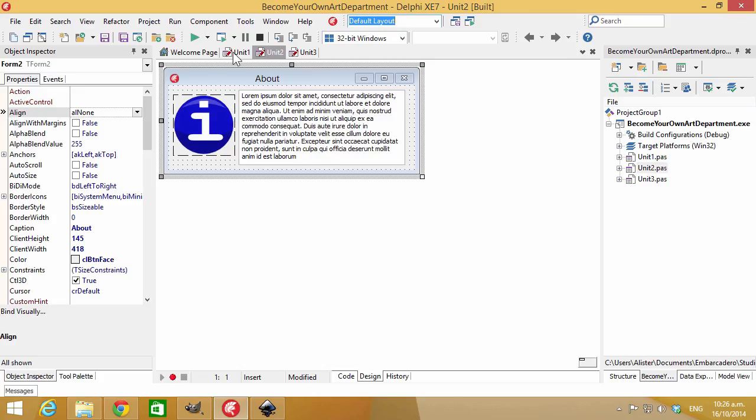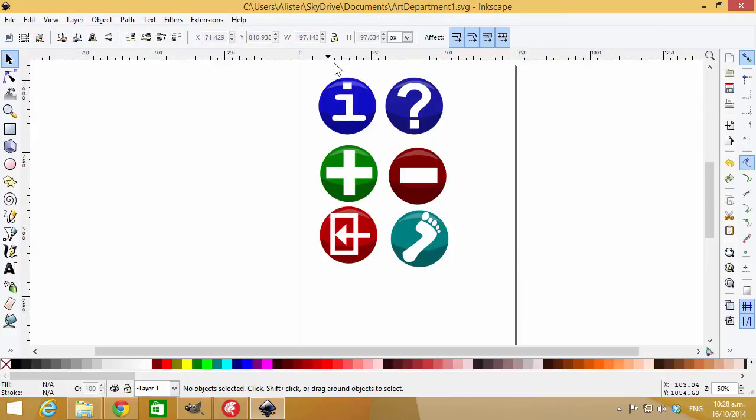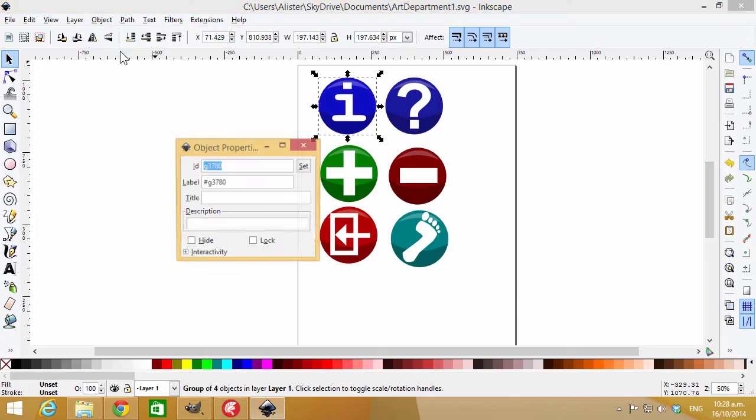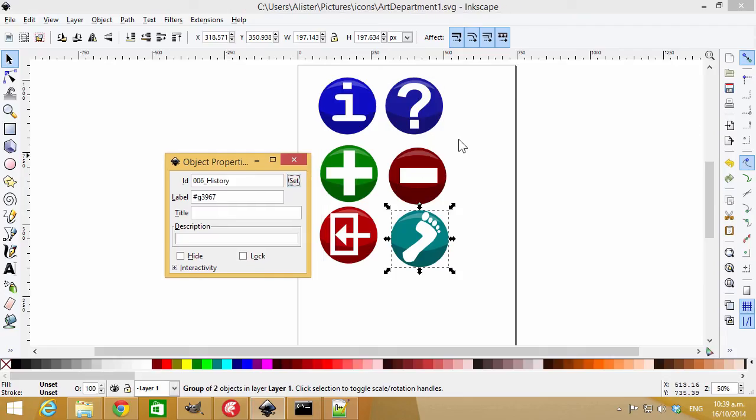So that's the basics of drawing pictures. I'm now going to show you a few extra tricks. I'm now going to name each of these. Go to Object and Object Properties, and of course 001 About, and so on. So with all our icons now named,